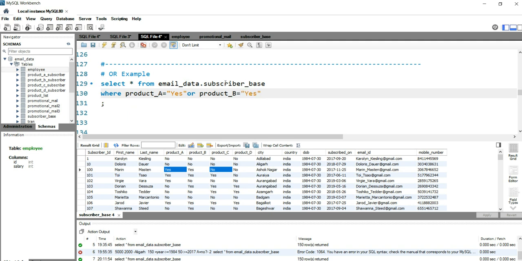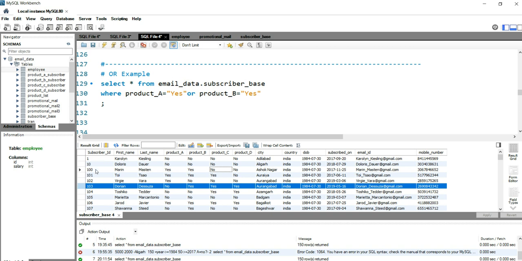When we write this query, before running it, let's assume what our result set would be. The result set should be something like this. For example, this one, row number 6, Dorian D'Souza has product B but he has not used product A. So ideally Dorian D'Souza should come in our result set, right?